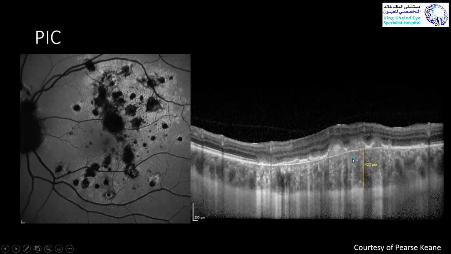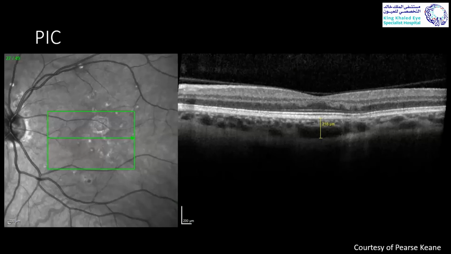Increased choroidal thickness has also been described in the literature to be associated with multifocal choroiditis. However, I don't feel this is very specific because any type of posterior uveitis can increase the choroidal thickness. So it's not very helpful in the diagnosis, but it can help you if you want to follow the patients after the treatment. So this is the patient after the treatment. You can see the choroidal thickness has decreased.